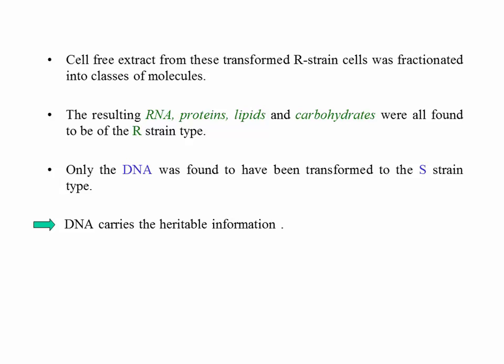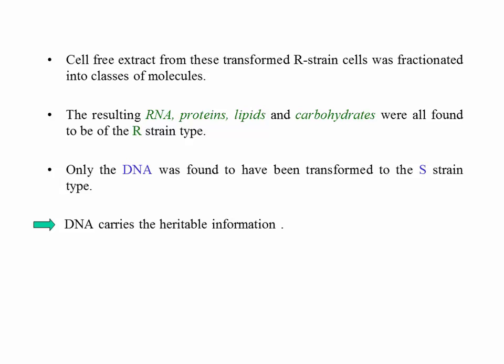Yeah, this is an odd question I have. I guess it's completely irrelevant, honestly, but I was wondering how they would know that the RNA and the proteins and all the other things were from the R strain bacteria, if the DNA from the S strain bacteria was obviously producing those things in the new bacteria. How would they know that? They could probably label. I don't know exactly how they did it, but today, if you want to track DNA, you can put some radioactive isotope or something like that and track it. I don't know how they did it in 1944.